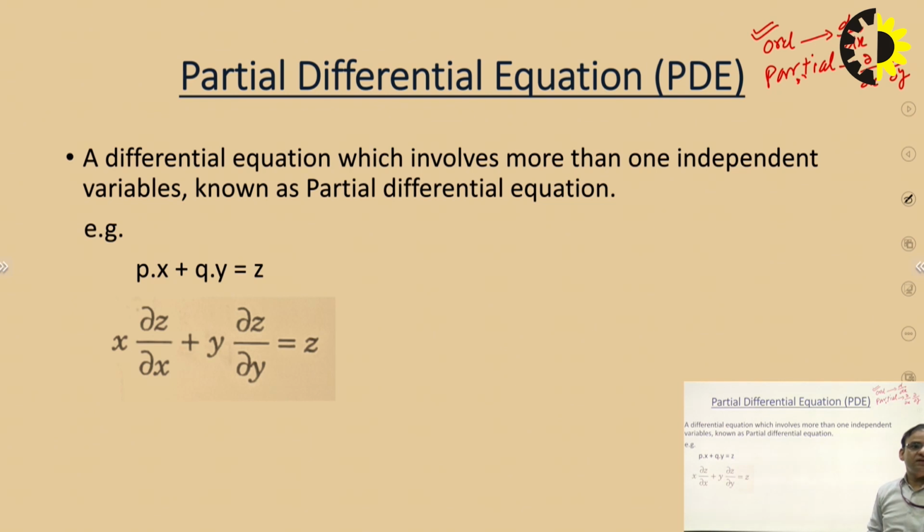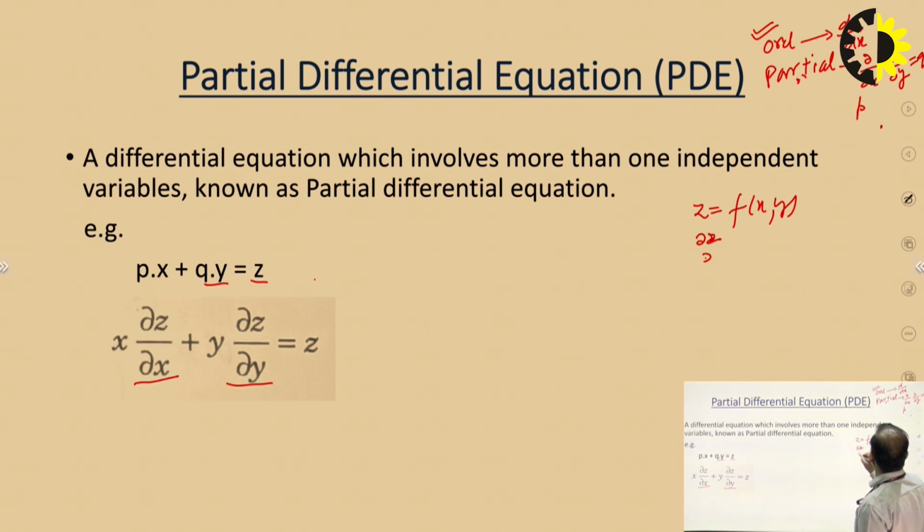The definition of equations of this kind: a differential equation which involves more than one independent variable is known as a partial differential equation. For example, we have Px plus Qy is equal to Z. In another form, we write this equation as x del z over del x plus y del z over del y is equal to z, because these derivatives are also denoted by P and Q. In simple words, if Z is a function of x and y, then